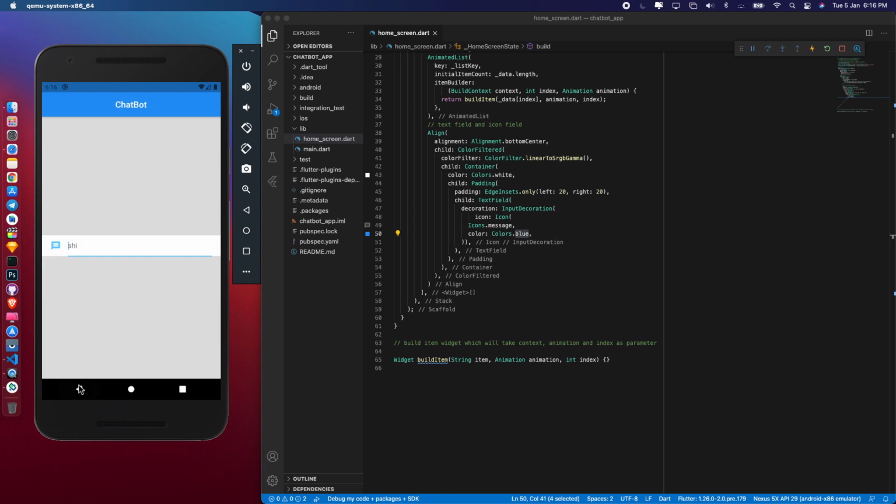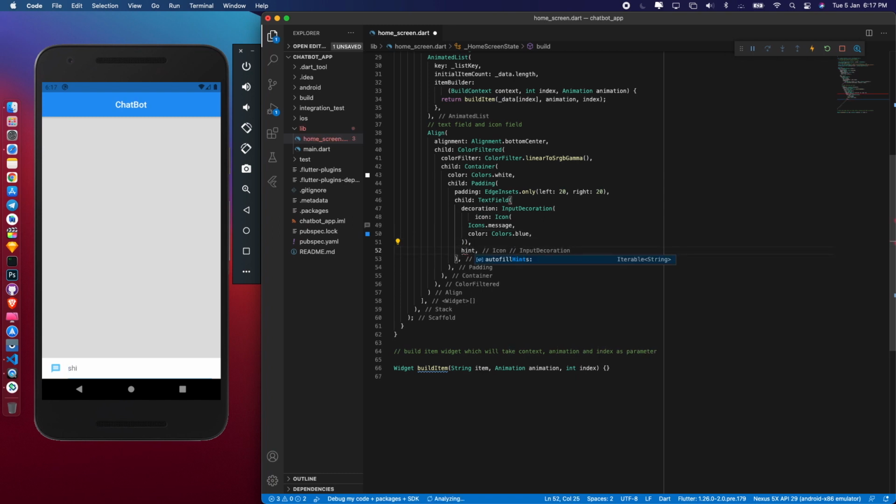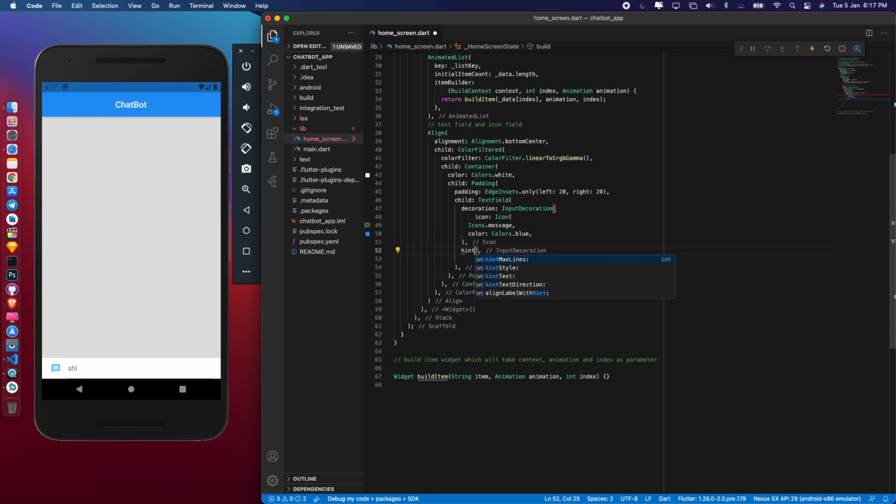Now what we need to do next is go to, okay, not here, we can do it in this section of text field, hint text, that would be hello. Okay, we got hello bot.